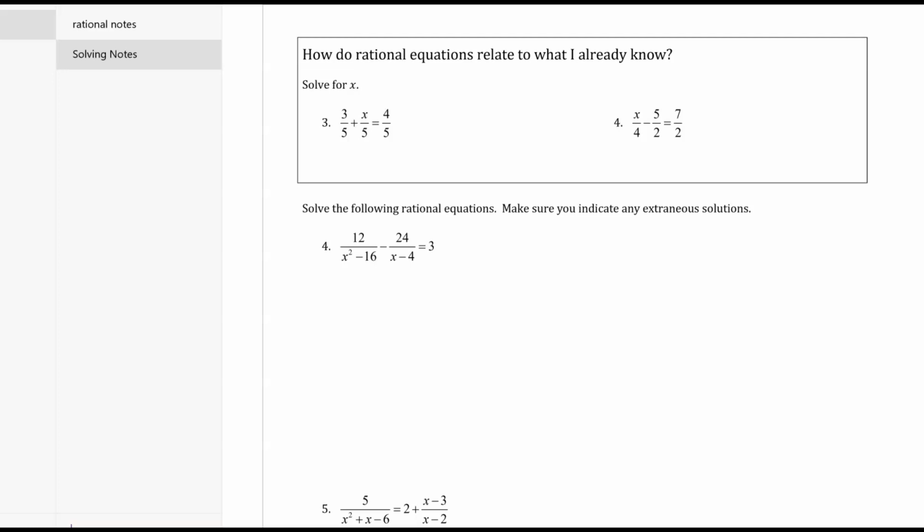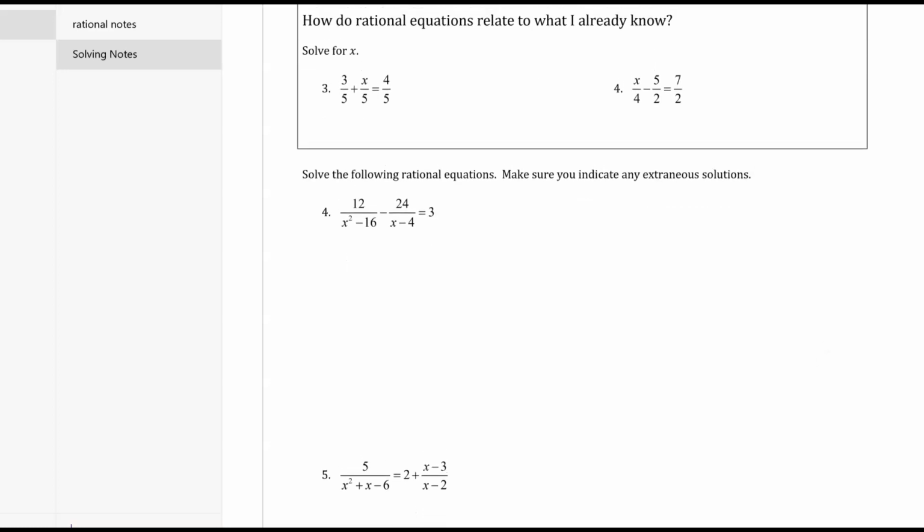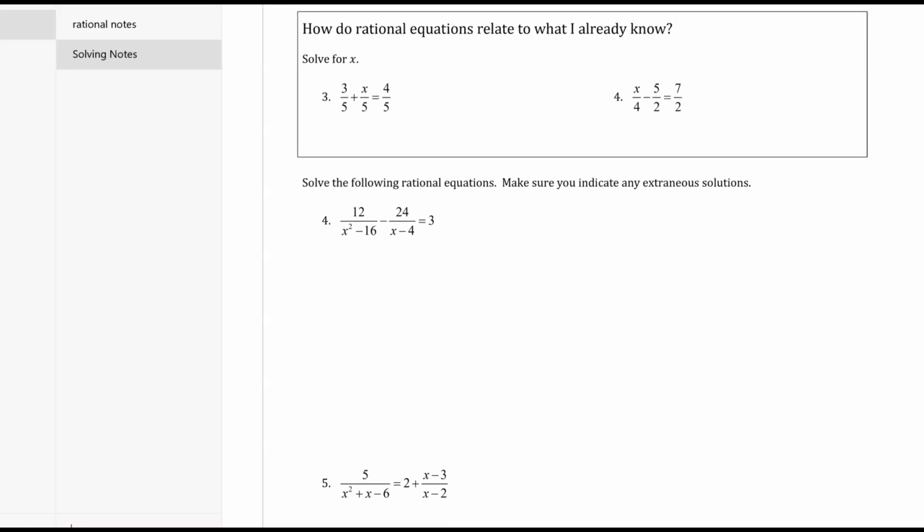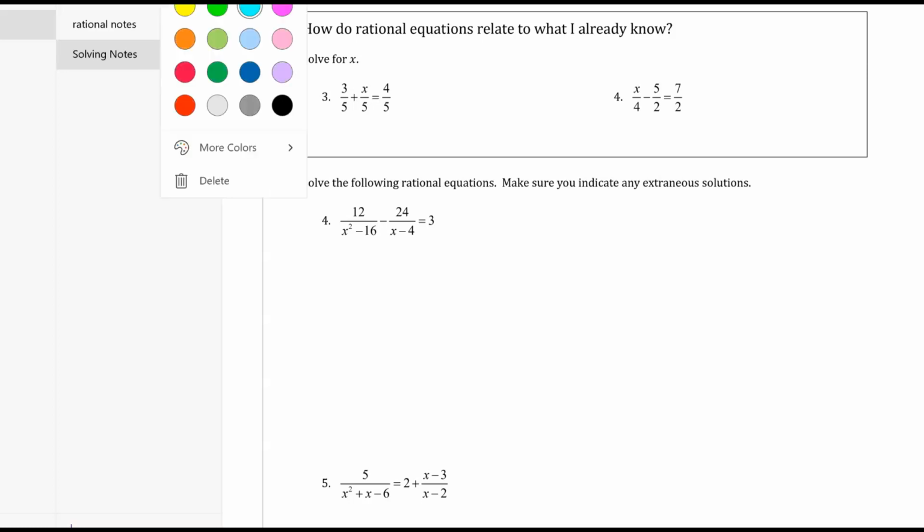So what you're going to be noticing is that we have an equal sign now in our problems where we didn't have an equal sign before. So we're going to start out with some really basic problems, 3 and 4, before we get into the tougher problems, which are another number 4, and then 5 and 6. So the idea on problem 3 is we want to ask ourselves,